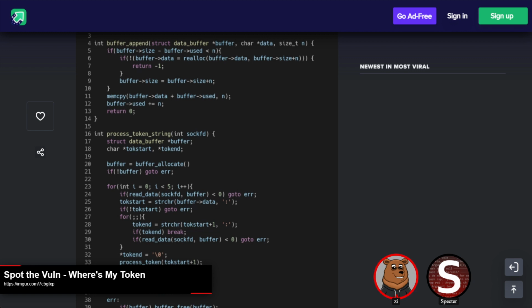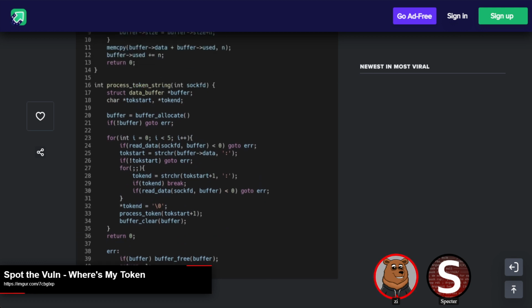The thing you need to keep a lookout for is when you have these reallocated buffers going on. That's the root of this. On line 6, you'll notice, or well, you've got the condition on line 5. If the buffer's been entirely used or would be, it'll reallocate a new larger buffer to hold the new data that you're appending into it. So what can end up happening is when you use realloc, you're getting a new allocated buffer out of it. So if anything took a pointer to that buffer, that pointer can then become stale or dangling,